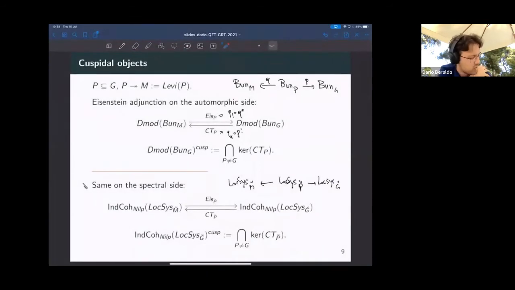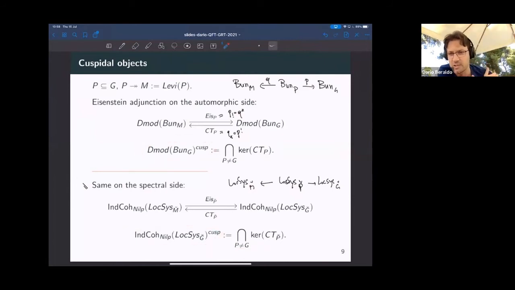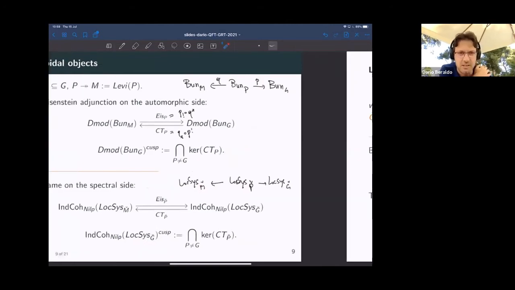Okay, and so it makes sense to ask what are the cuspidal objects on the spectral side, and whatever they are, well, that's the definition, and whatever they are, this subcategory should correspond to this subcategory if you believe in Langlands together with its compatibilities. But of course, cuspidal objects on this side are very important and very interesting. Cuspidal objects on this side, they don't appear in the literature. That's because it's easy to say what they are and they have a different name. So let's go to the next page and see.